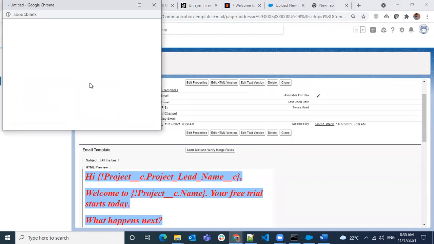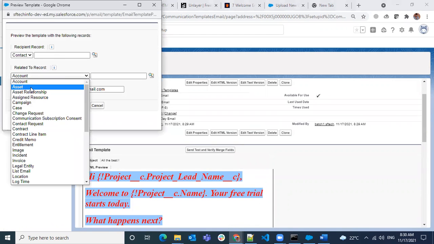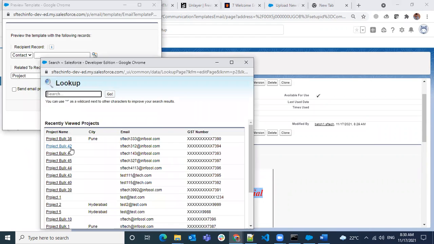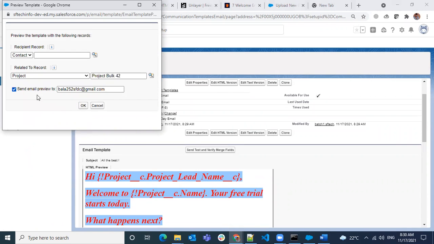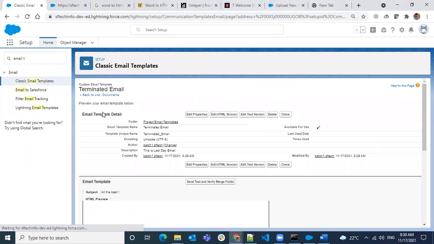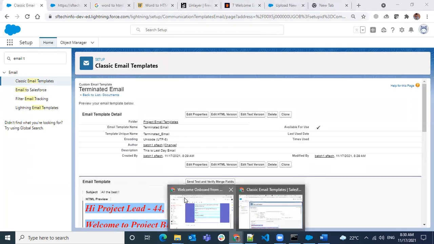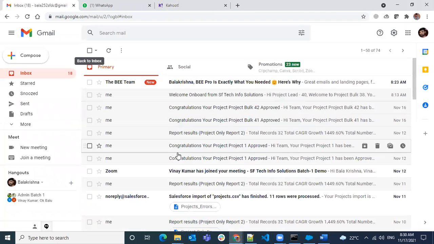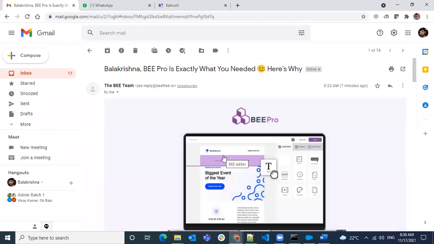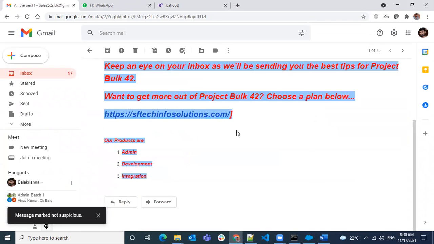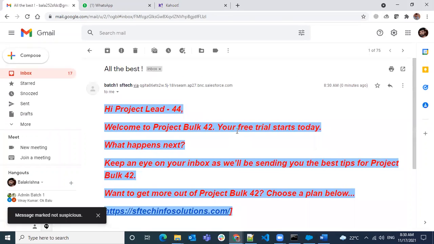So let's check sending the verify message. So this is the mail, without any kind of branding, or you can take care of the branding in your HTML template.